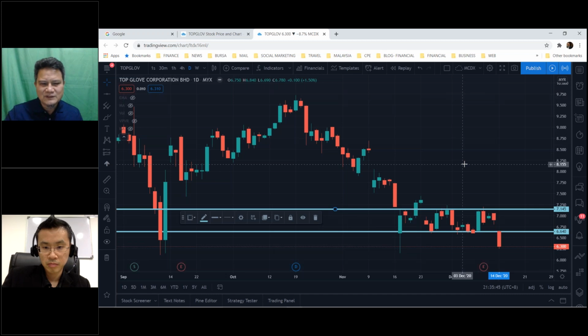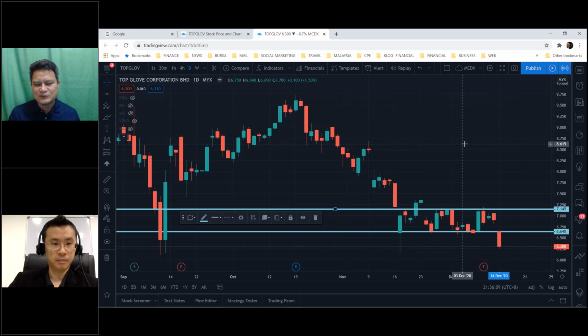You see? For example, if you look at here, this is almost some sort of tweezer top, or it can also be a bearish harami. In here you can see there's a bearish harami. After that, the price dropped. So you have to wait for the reversal pattern. Because there's no reversal pattern, there's nothing you can do. You have to wait for it. That's my analysis on the top left.